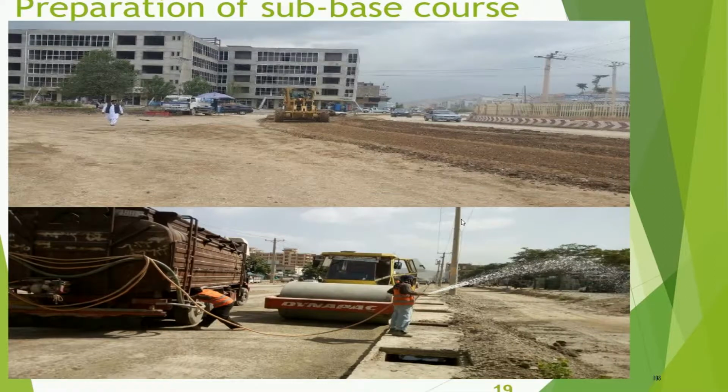Now this is one of the pictures which we have taken from the site. Here you can see how this sub-base course can be prepared. In the first portion you can see various layers have been prepared with the help of soil, clay and various stone materials. And in the second layer you can see one man has given a covering to this sub-base course, so that we can get the proper strength which is required for the construction of the flexible pavement.